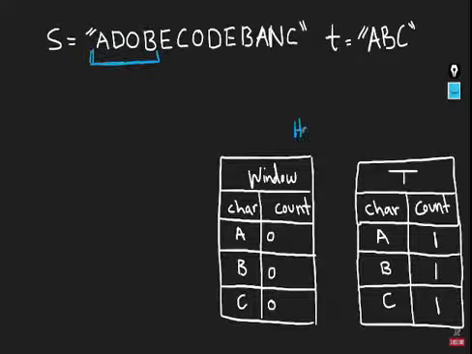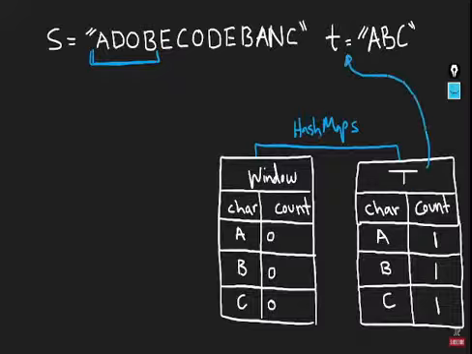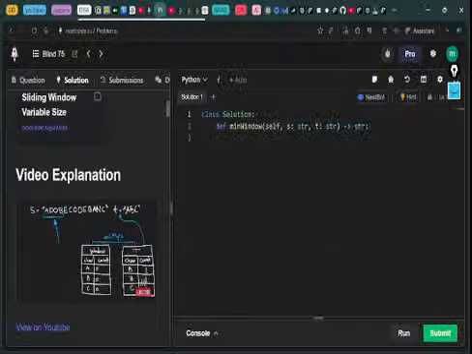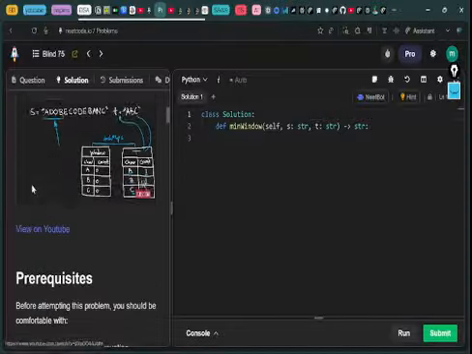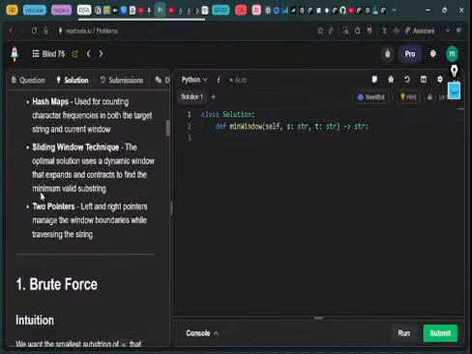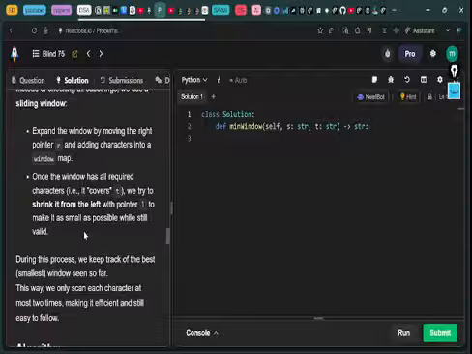Well, let's use some hash maps. These two are our hash maps. You can see I have one for T. What does this hash map represent? Well, you look at T, because for each of these substrings, we just want to make sure that it has at least one A, at least one B, and at least one C, because that's what we have over here. We just want to make sure